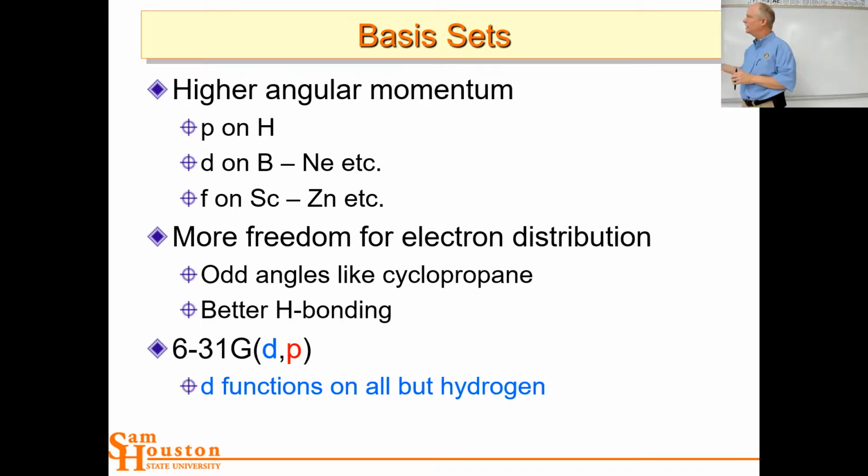So this is how you would designate it. Like 6-31G would be the basic root, and then you could add in d, comma p, and that would put d functions on all the elements except hydrogen. And then because there are so many hydrogens in hydrocarbon molecules and so on, you can save some time by leaving these extra functions off of hydrogen. So you could have 6-31G and then just put the d in parentheses, and that really gives you a lot of flexibility. But if you want to go ahead and add p orbitals on the hydrogens, you need to put a comma p. So it's in that order, heavy atoms, and hydrogen. So in Gaussian, a heavy atom is anything other than hydrogen,